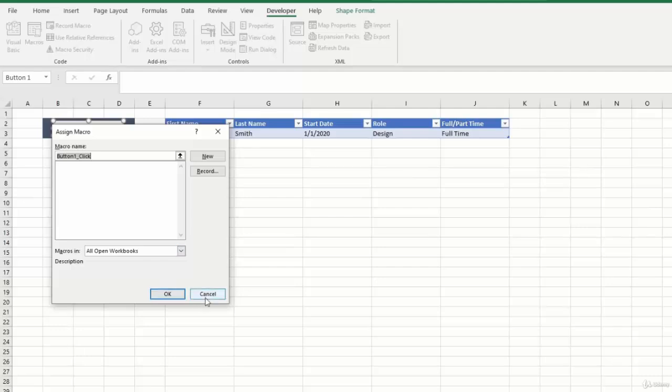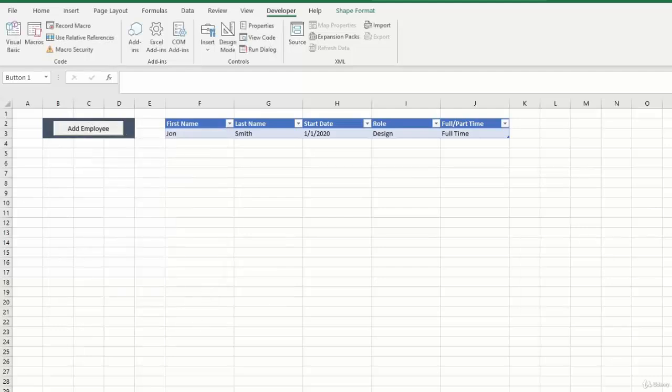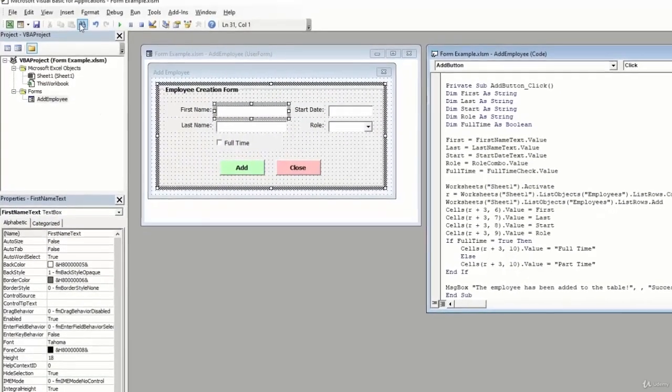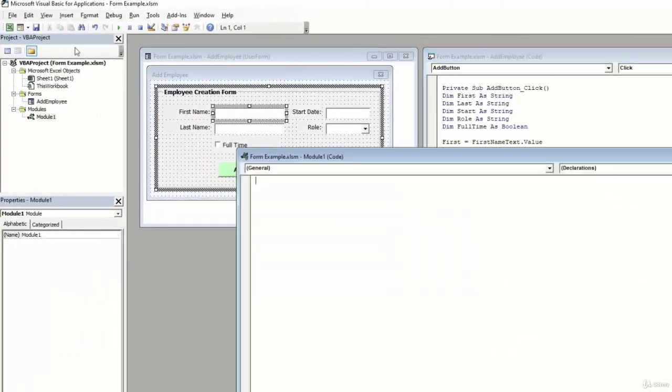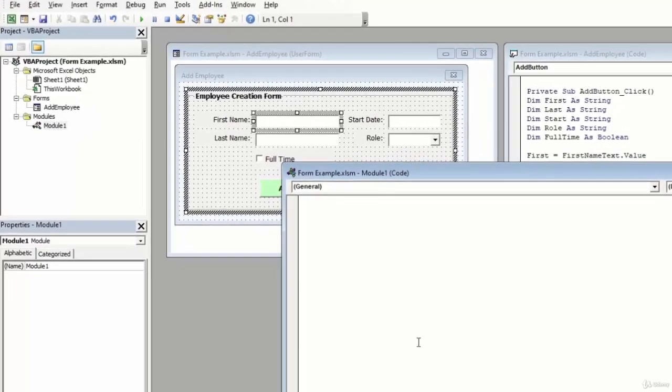So what we're going to do is cancel out of this window, go back to our VBA, and we're going to go ahead and insert a module. Now we can see this is just defaulted to module 1. You can rename this if you want to, but it doesn't really matter. We're going to create a public sub, and we'll call this open form. Open, close parentheses, hit enter. And this time in this code, we want to show our add employee form. And remember, we've called this form add employee. That's the actual name